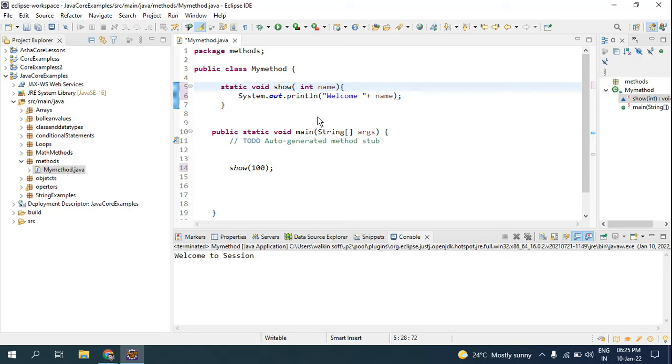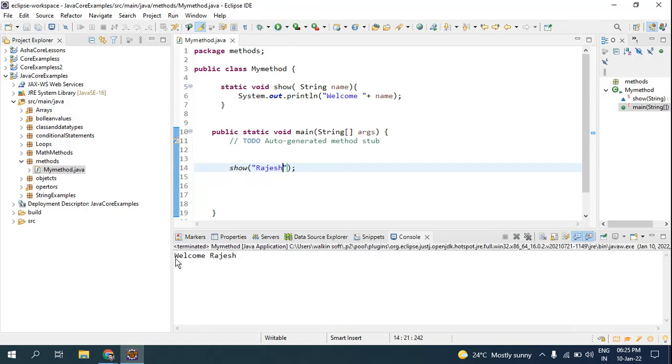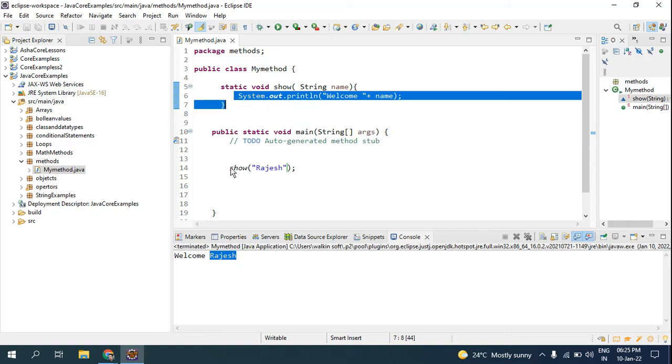For now I am using string data type, so I have to pass the name here, not exactly like name, whatever you want to do, you can do it inside the double quotes, which is a data type string. So I'll give Rajesh, and now if I run it, you are able to see welcome Rajesh. So how are you able to get this Rajesh? You have not given it inside the function, but you have passed the parameter, like whatever I am going to enter, which is of the data type string, I have to get the output along with whatever is written inside the function. So if I call this multiple times